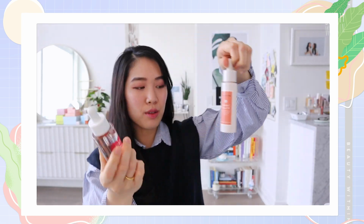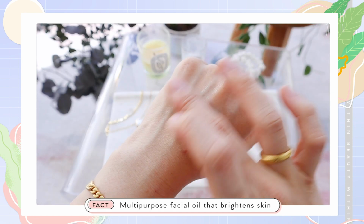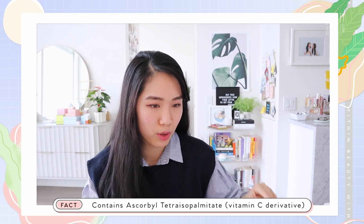Oh, yeah. And also the Biossance as well, because it's just a vitamin C oil. So it's a multitasking facial oil that is for brightening. There's vitamin C to help brighten the skin, and just oils in general really help trap in all that moisture and nourish your skin. The vitamin C that's used in here is ascorbyl